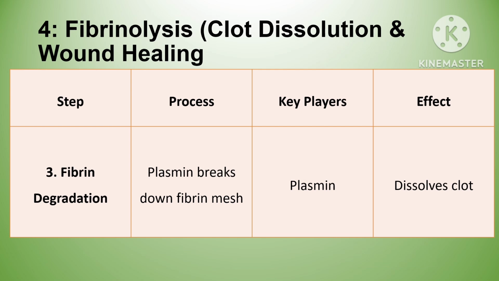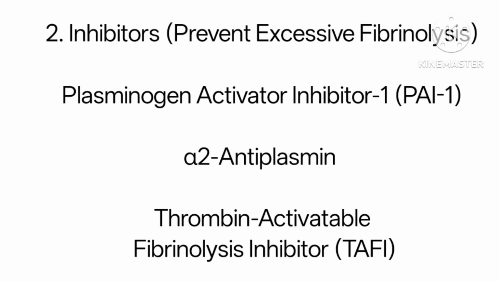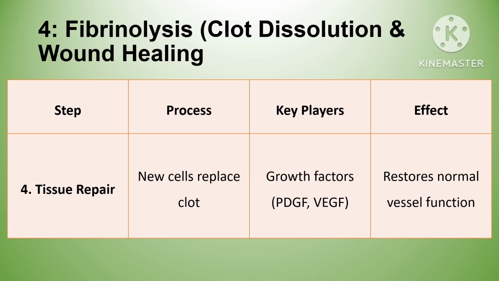The body regulates this with plasminogen activator inhibitor 1, which limits plasmin production, and alpha 2 antiplasmin, which neutralizes extra plasmin. While the clot is being removed, growth factors like platelet-derived growth factor and vascular endothelial growth factor help to